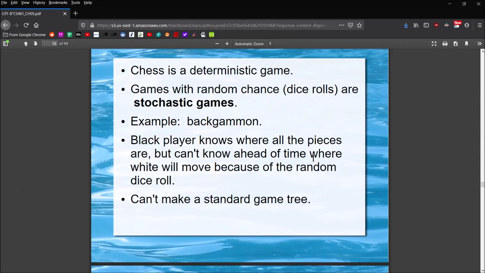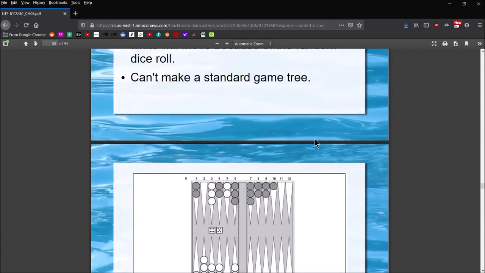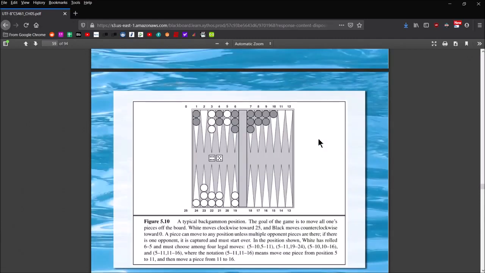So because of this, we can't have the same standard kind of game tree that we had with deterministic games, right? I mean, you can just kind of brute force deterministic games and play out the entire game move for move until the very end. You can't do that in the same way with a stochastic game because there's chance involved, right? I mean, you can't know ahead of time exactly how it's going to play out with games where you have die rolls or other random mechanisms for determining what's going to happen. So we're going to need to modify our algorithm a little bit to take that into consideration.